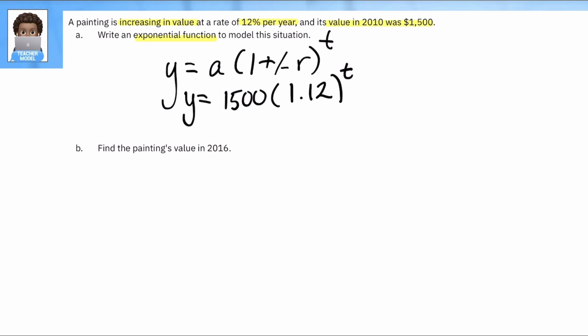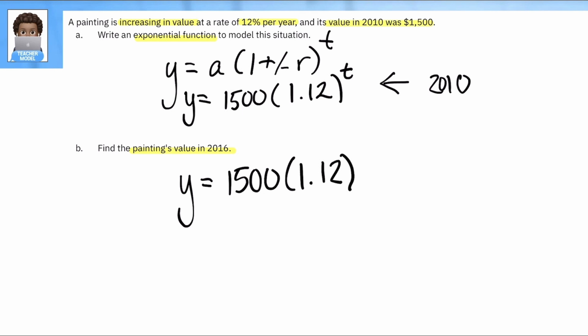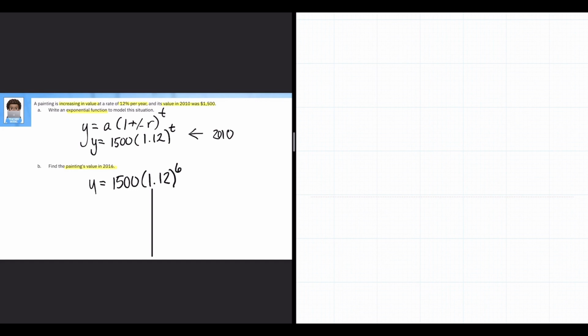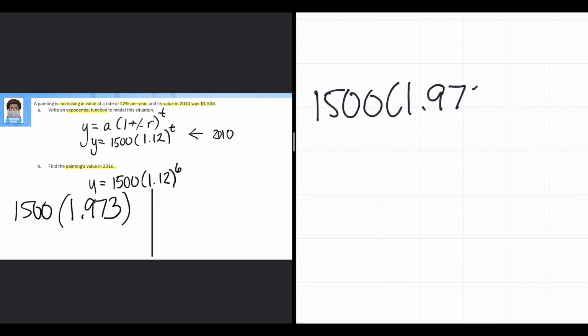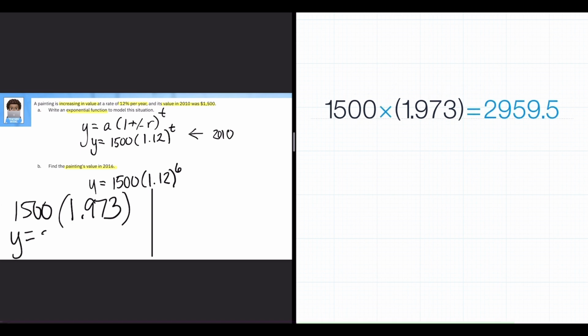Now, in the second part, let's find the painting's value in 2016. All right, so we also know this was 2010. So I would do y is equal to 1,500. Here's my rate, a 12% increase, and this is 6 years. Let's hit pause so we can get our calculator out. I want to show the slight difference when I do this as a two-step using order of operations versus one step on my calculator. So I'm going to do 1.12 to the 6th power. There we go. And I get 1.973. So I'm going to multiply that by 1,500. And I get the final cost of the painting at